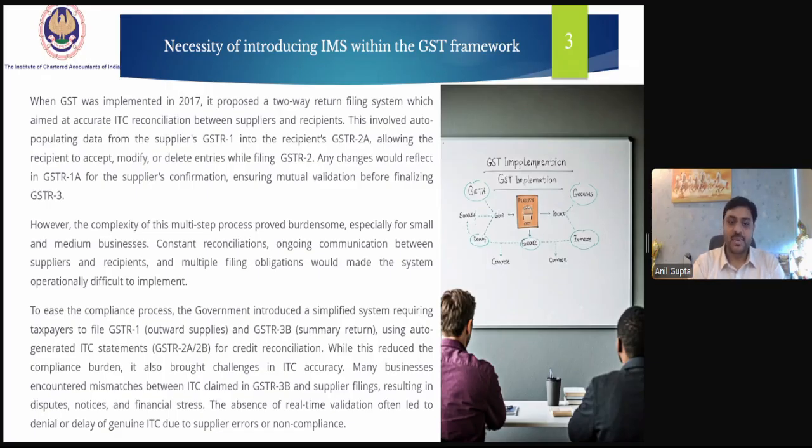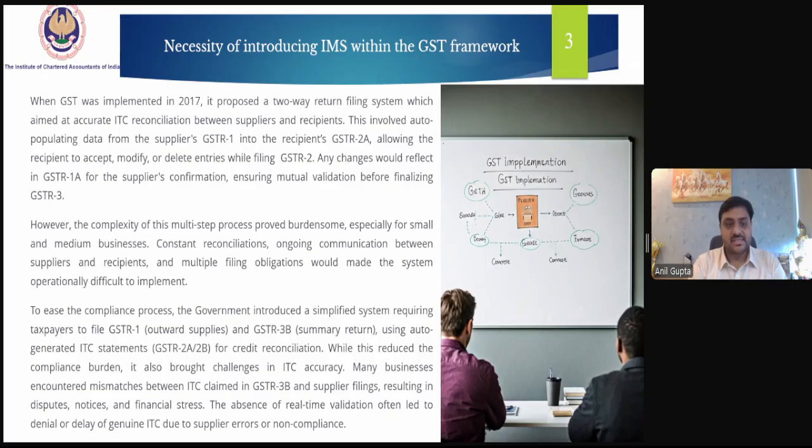Therefore, to ease the compliance process, the government introduced a simplified system requiring taxpayers to file GSTR-1 and GSTR-3B, that is a summary return, using an auto-generated ITC system, that is GSTR-2A and now GSTR-2B, for credit reconciliation. While this reduced the compliance burden, it also brought some challenges in ITC accuracy.